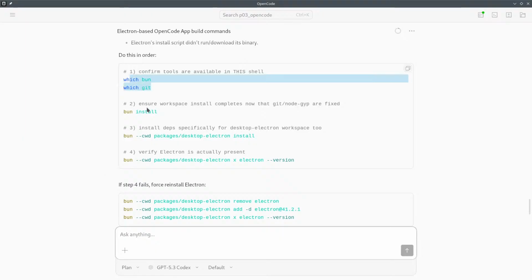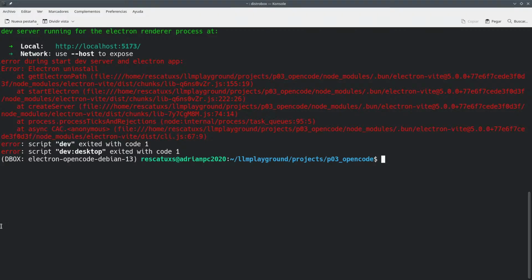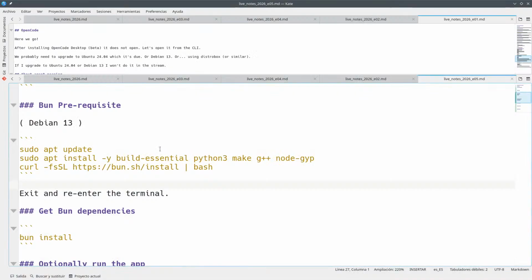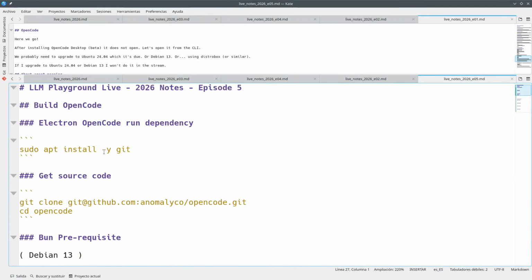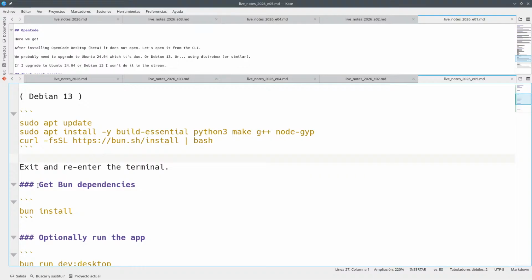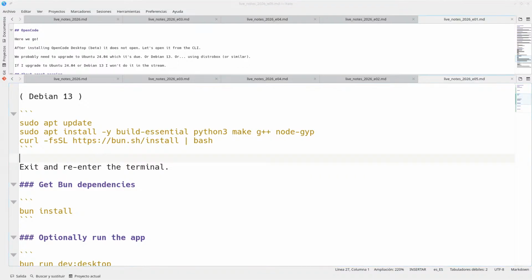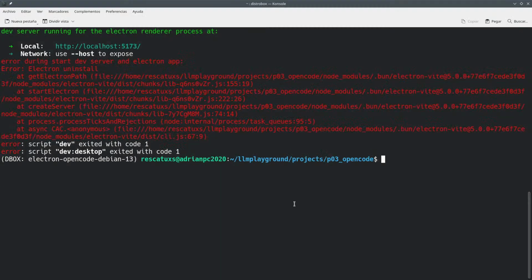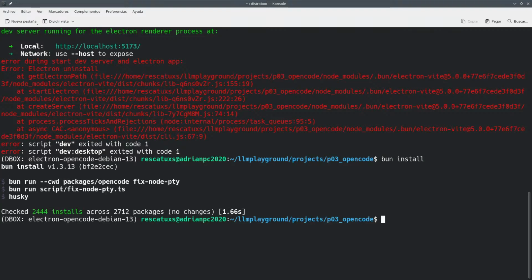Yeah, let's rerun bun install. Maybe not having the git in the first place made this not install properly. So if we have this as the first dependency, maybe it fixes it. So now I can run bun install. Hopefully